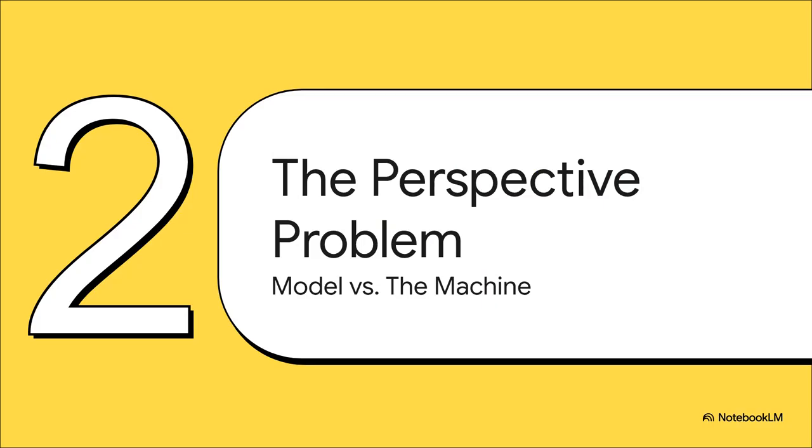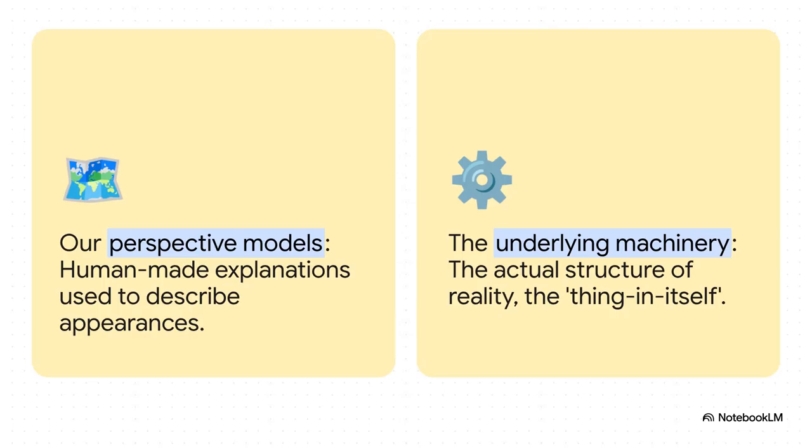And this brings us right to the core of the issue, what we can call the perspective problem. It's kind of like the difference between the map and the actual territory, or the blueprint and the final building. This really exposes a huge gap in how we think about things. See, on one hand, we've got our models of reality. These are the theories, the equations, all the stuff we create. But then, on the other hand, there's the machinery of reality, what the universe is actually doing underneath it all. The scientific method is absolutely brilliant at testing the model, but can it ever really truly touch the machinery?